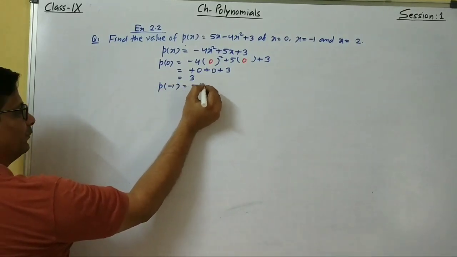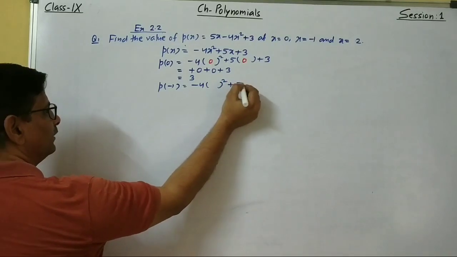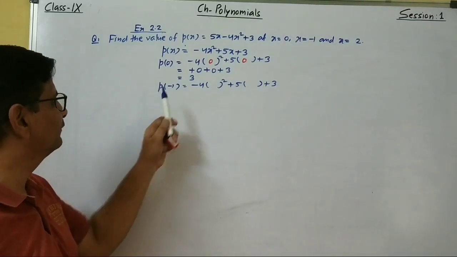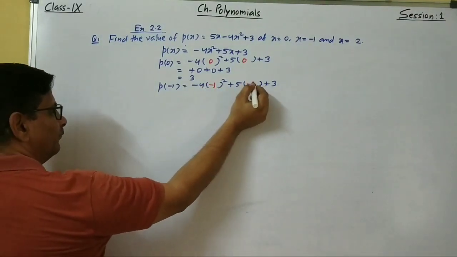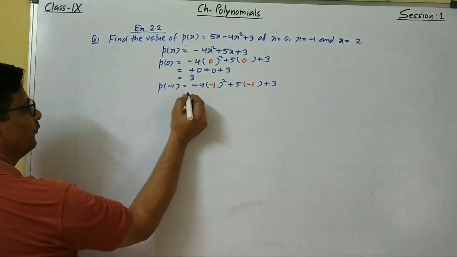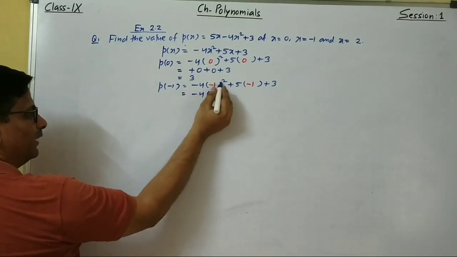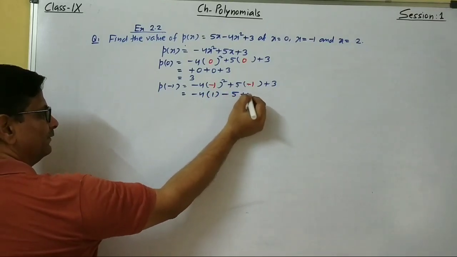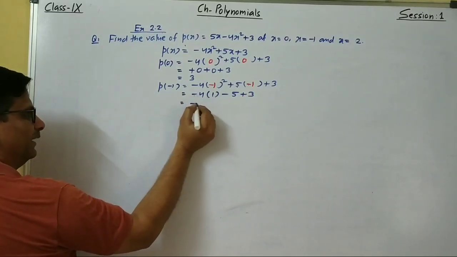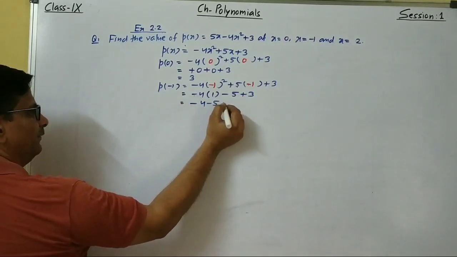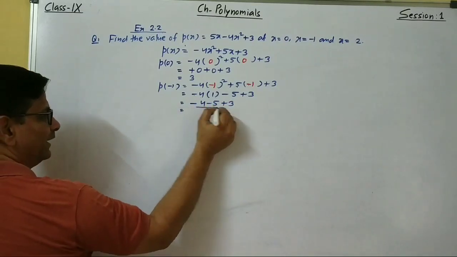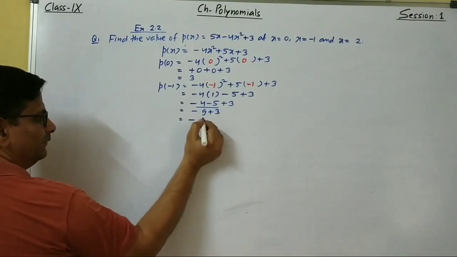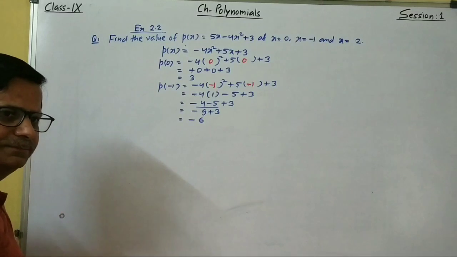So we will write minus 4 x square plus 5 into x plus 3. तो जहां जहां x लिखा वहां मुझे minus 1 लिखना है. तो minus 1, minus 1. Okay. Now minus 4, square of minus 1 is plus 1. Plus into minus is minus. 5 1 ja 5 plus 3. Again minus into plus is minus. 4 1 ja 4, minus 5 plus 3. ये दोनों नेगेटिव इंटीजर ऐड होंगे and we will get minus 9 plus 3, and then our answer will be minus 6 because minus integer ज्यादा था.